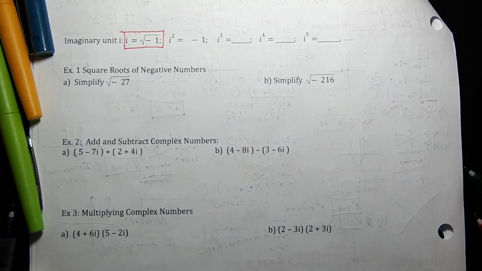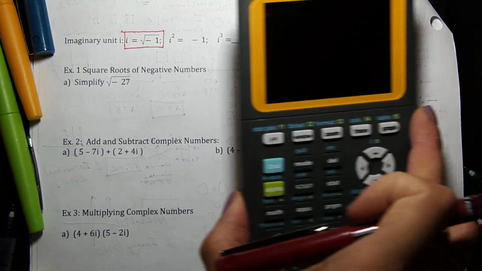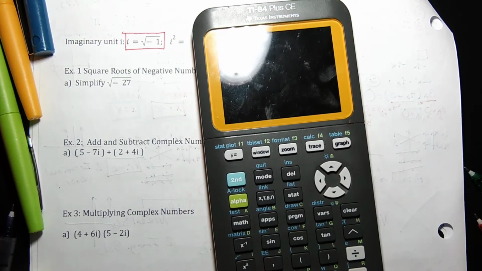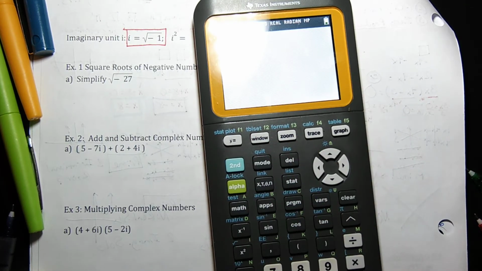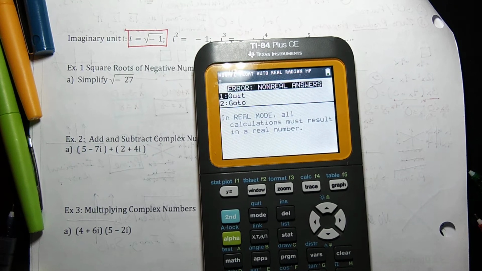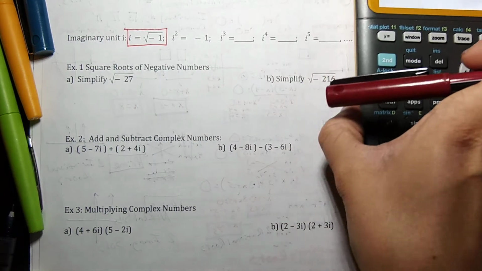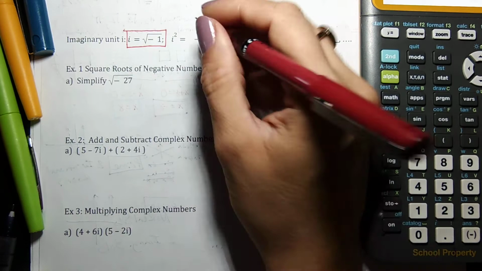All right, folks, so we let i be defined as the square root of -1. So we're on page 6 of the notes. If I do the square root of -1 on my calculator, what we find is that we get a non-real answer, meaning we get an imaginary number. So i is defined as the square root of a negative. i squared